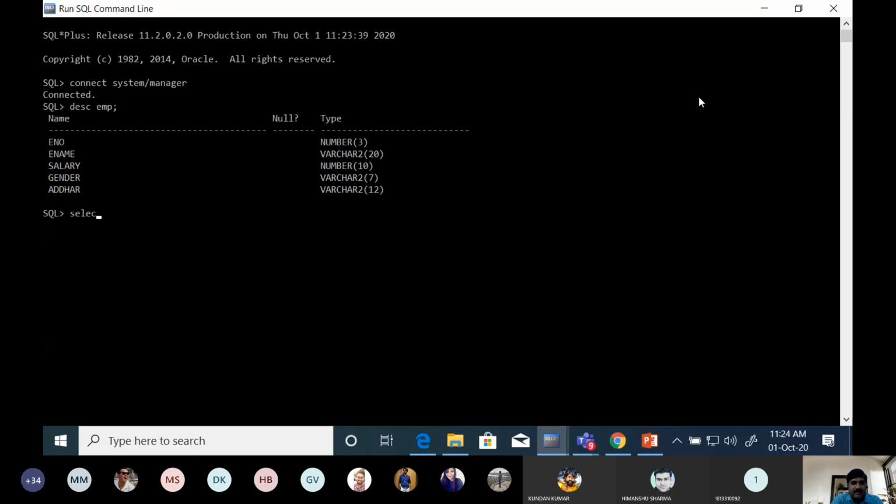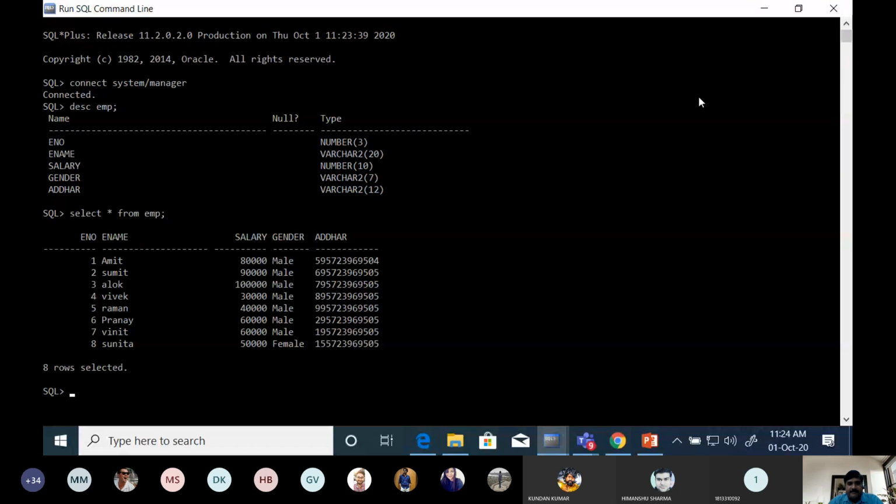If we want to retrieve all the tuples, then we will write a select query. There are only 8 tuples in this table, so you can't see the effect after creating the index. But I am going to demonstrate how we create an index using a command.